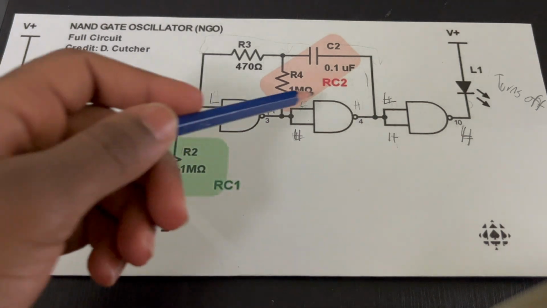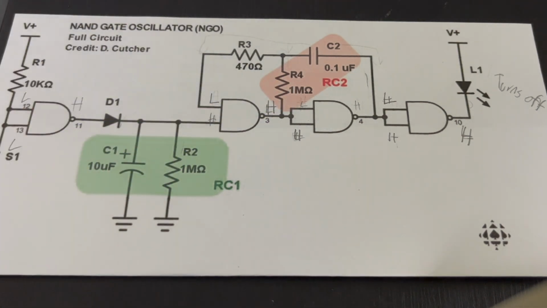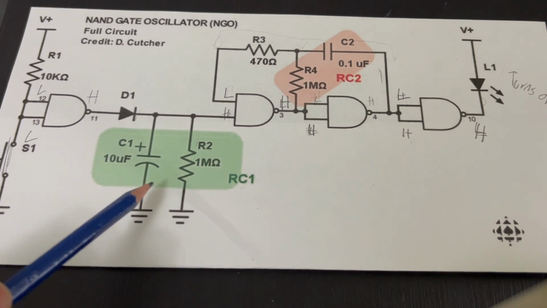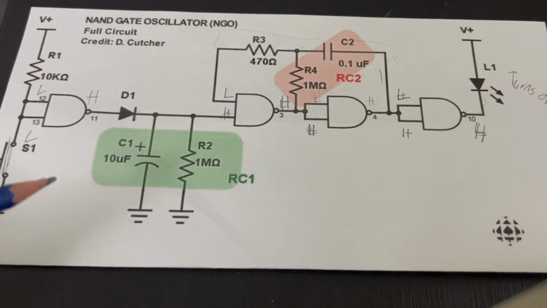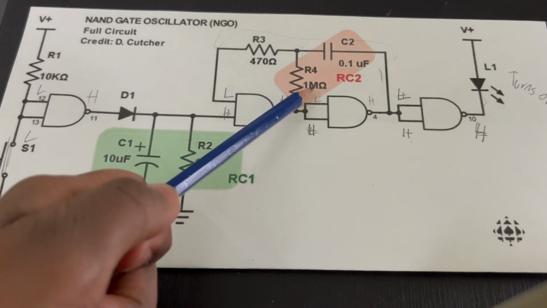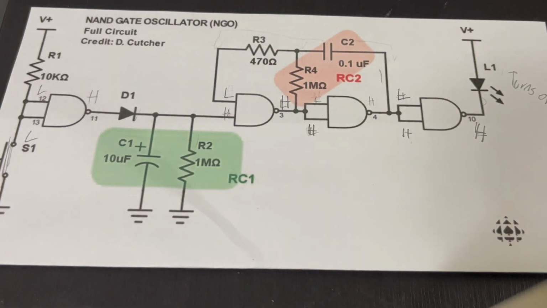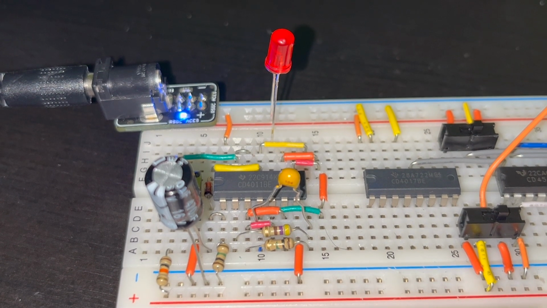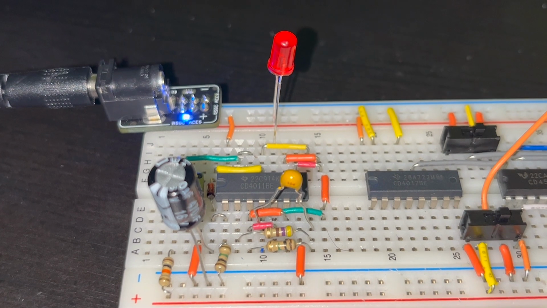Now these two RCs play a major role in the counting circuit. In the NAND gate oscillator, this plays the role of duration and how long it lasts, and the second RC plays a role in the frequency, which is just how fast the LED oscillates. Now that we have an understanding of the NAND gate oscillator full circuit and how it works, let's see a